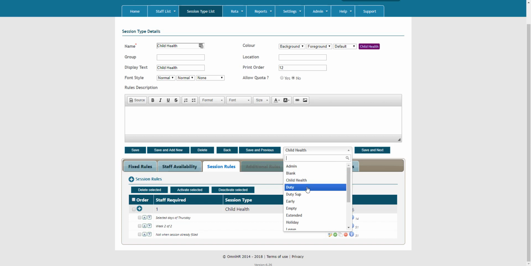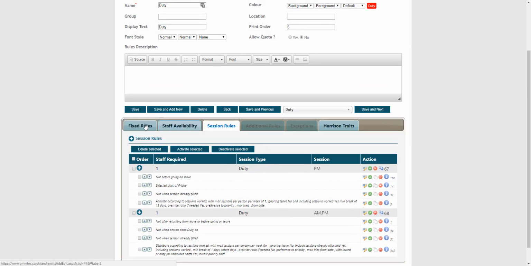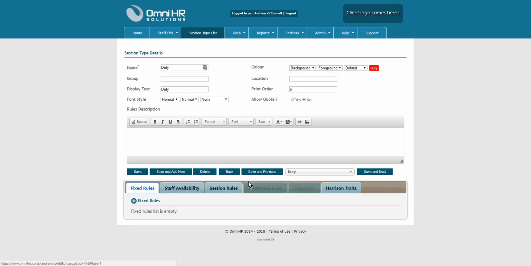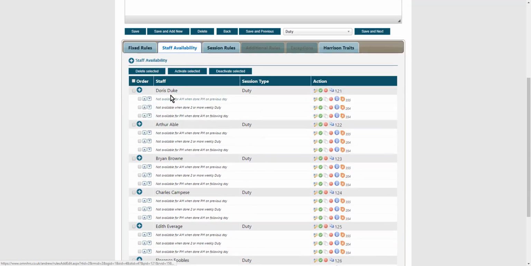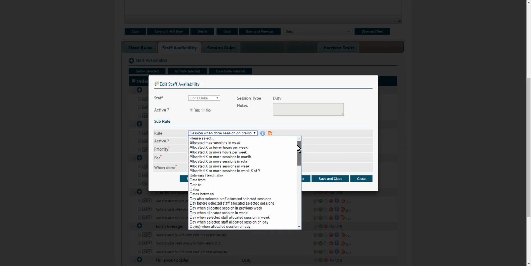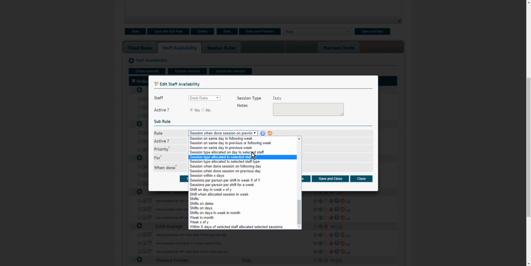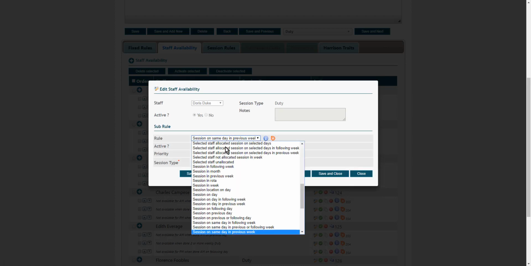Now, the duty is typically a lot more complicated. That's a very simple rule, but as you'll see here, we can cover just about any type. We've yet to come across a rota that we can't actually manage in one way or another. If we have a look at duty for our staff, we've got a bunch of staff availability rules that are also applying to duty. Doris, for example, look, we've got dozens and dozens of different staff availability rules, and for each of those we've got different parameters that we can set, so we can cover just about